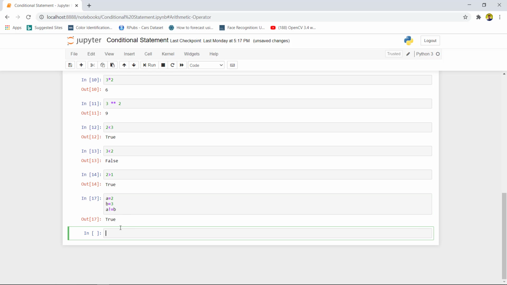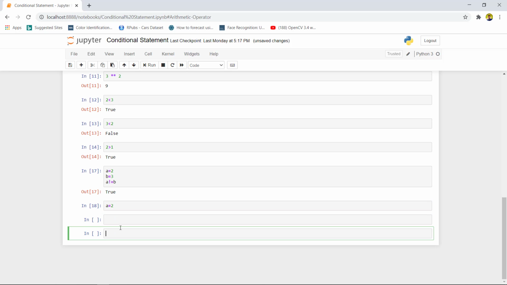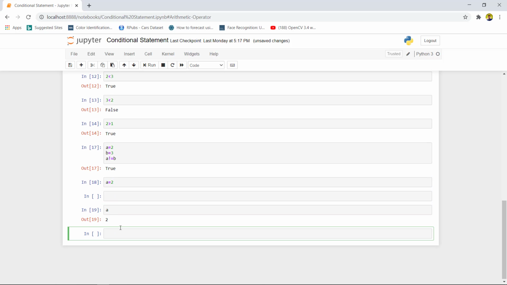Now talking about the assignment operator in Python. Suppose you want to assign a value to a variable like a equals 2. We have used the assignment operator called equals to. Here we can see a equals 2. If we type a, a is assigned the value 2. Now there are different assignment operators. If we want to add any other value to a, we can use a plus equals 3.